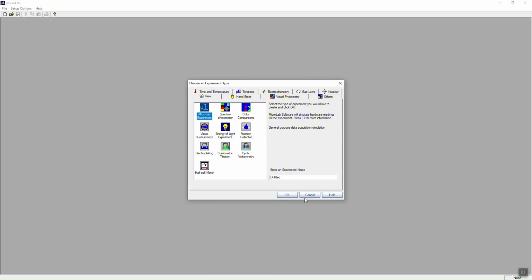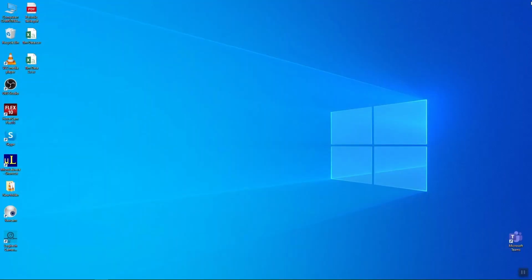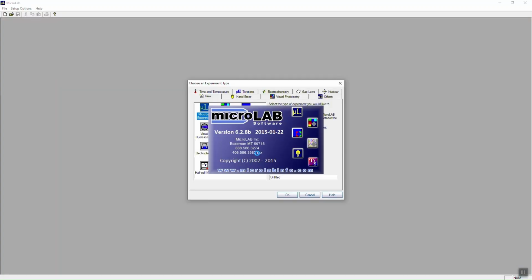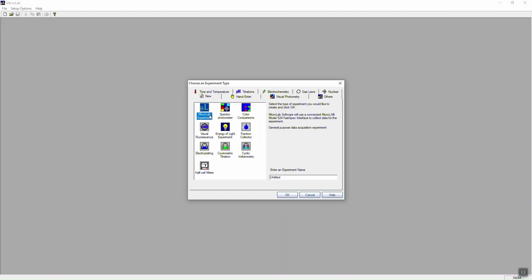So you need to be really careful that when you load the Microlab software, and I'm going to turn it back on, you do have this blue bar crawling across the screen. This means that your Microlab and your computer are talking to each other, which is obviously pretty important. So the next thing I want to do, once this loads up properly and everything's working,